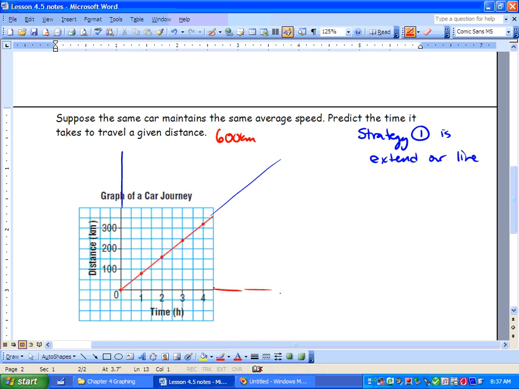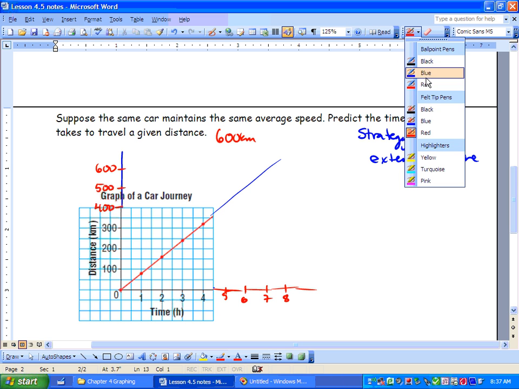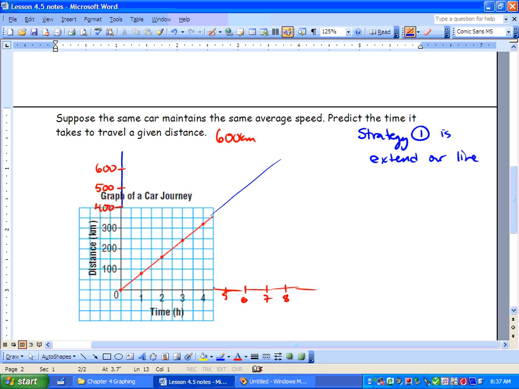We've got 400 here, we're extending our graph, about 500 there, and about 600 there. We could extend our other graph here, and it's going to be about 5, 6, 7, and 8. So we can use our interpolation now, and we start at 600 and we go across. And remember, this is an estimate. We go down now,